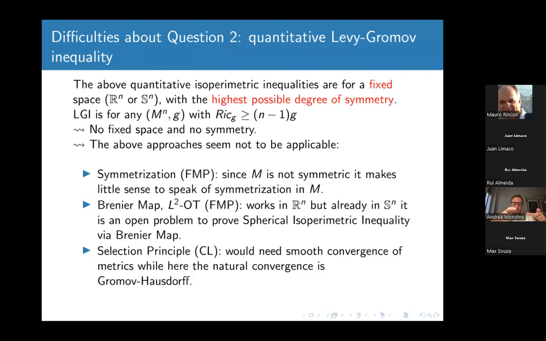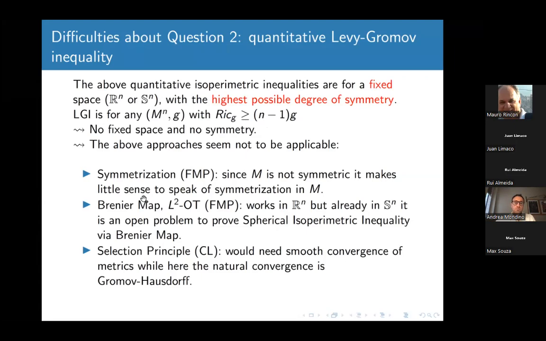Okay, so you symmetrize your space by moving slices in your ambient space using the symmetry of your spaces and replacing each piece with a more symmetric piece. But you need to move these pieces with the isometric group of the ambient space, and you can do that in Rn or in Sn, but maybe your manifold M with lower bound on the reach has no symmetry at all, and you cannot move anything.